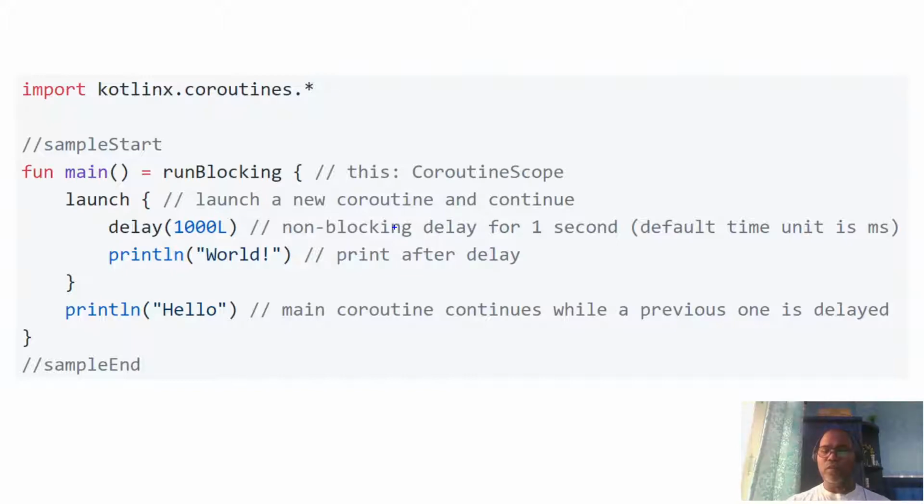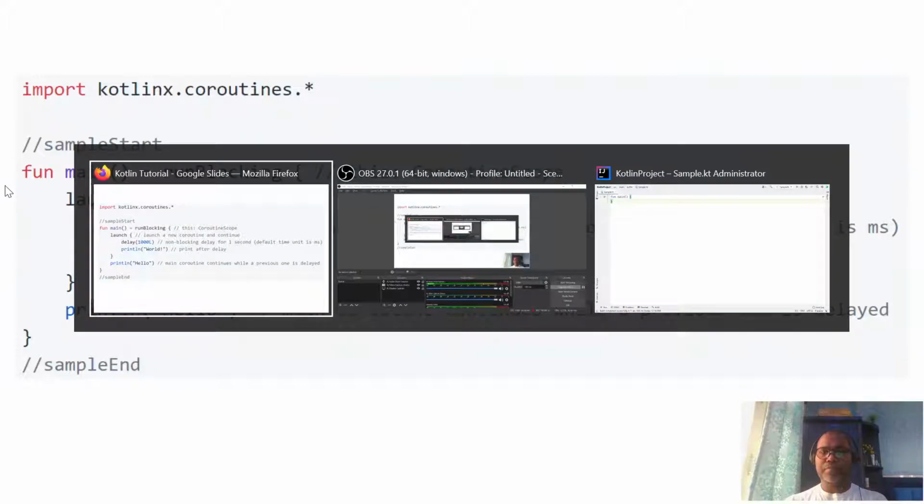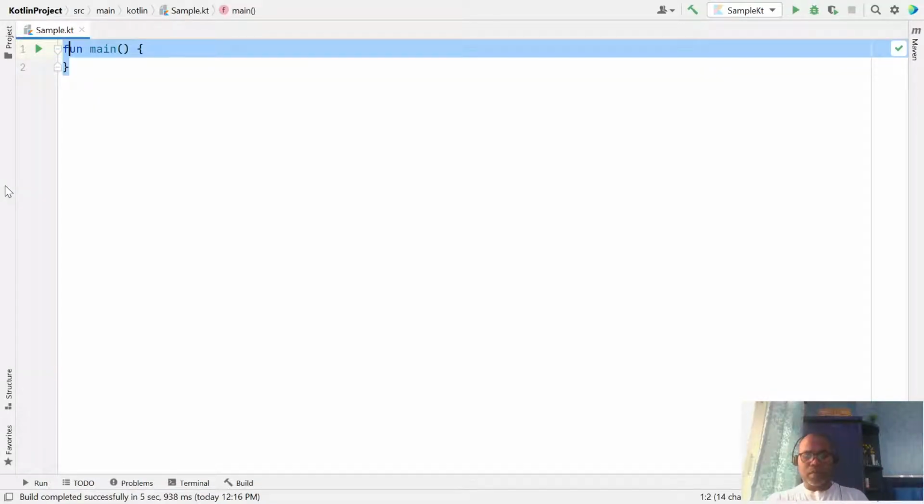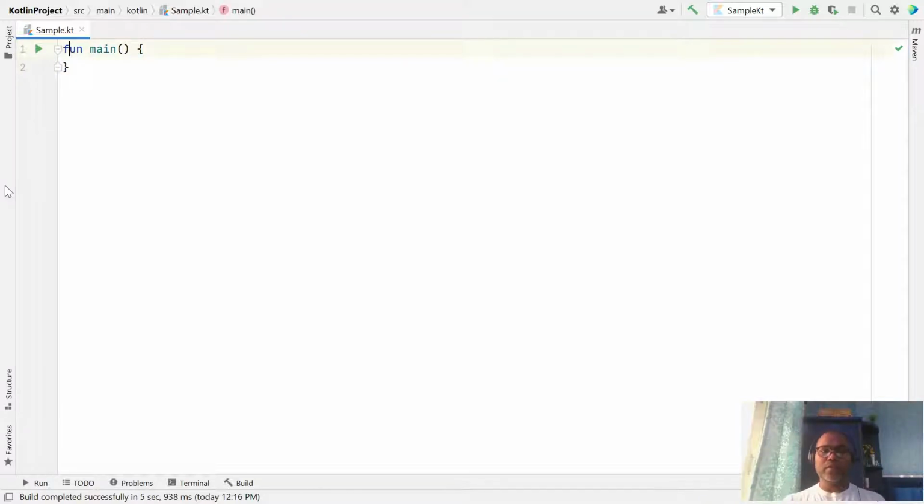So what is the code here? If you look at this code, I will write the same code in IntelliJ so that you can feel it and then discuss the concept here. This is the main function, and if you write any function like